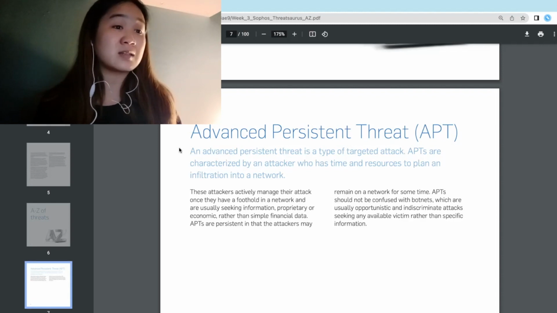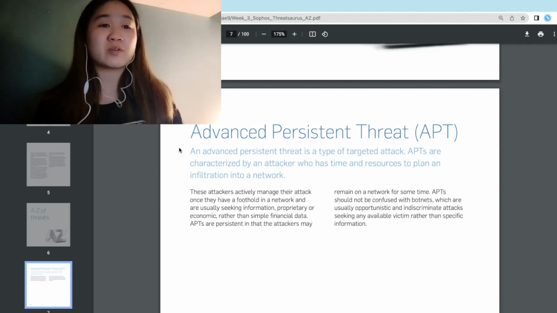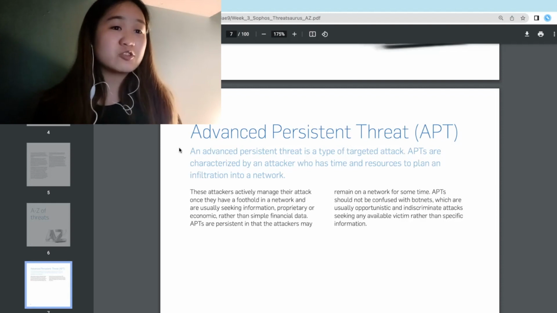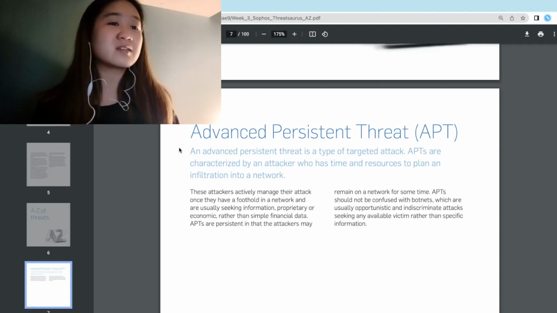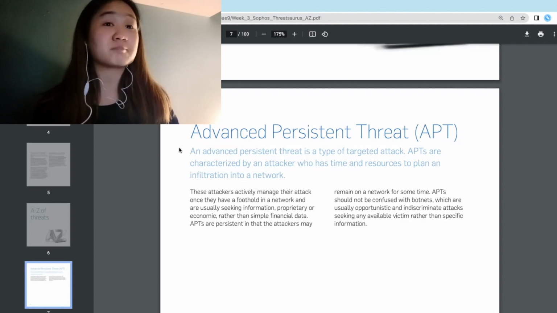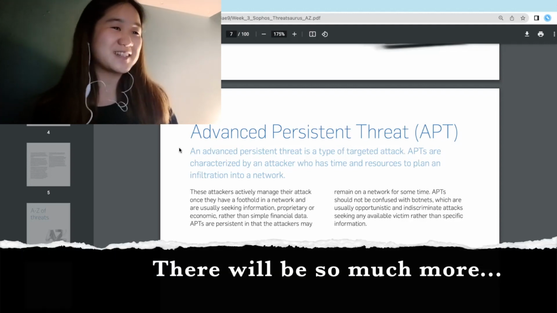APTs are persistent in that the attackers may remain on the network for some time. APTs should not be confused with botnets, which are usually opportunistic and indiscriminate attacks, seeking any available victim rather than specific information. That was a mouthful to read.